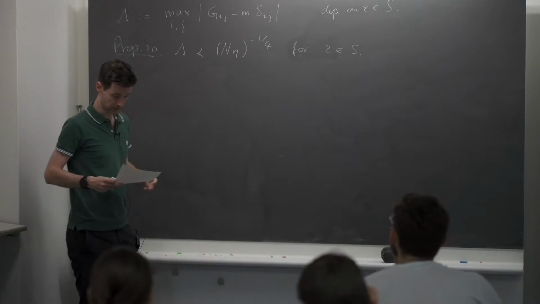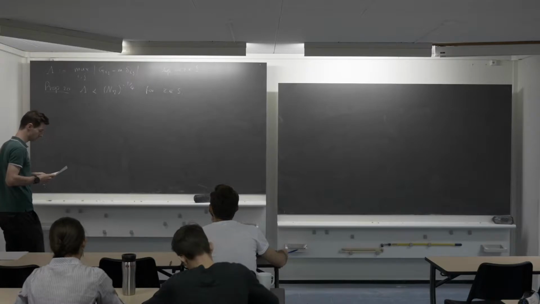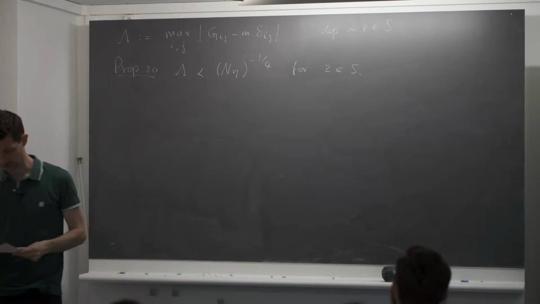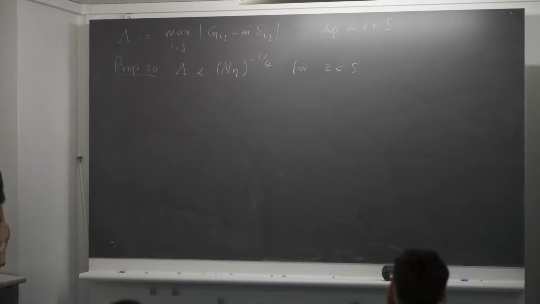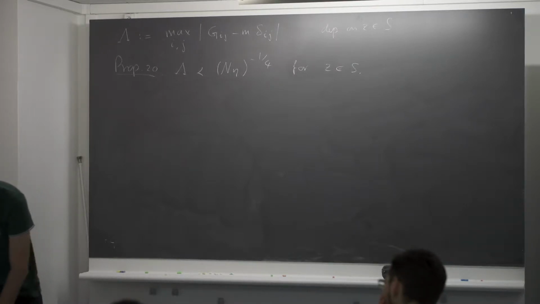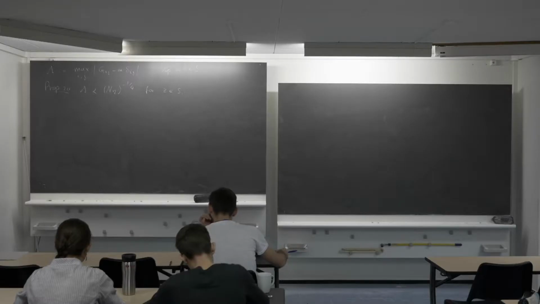This is one of the main results in this section. This is the so-called weak local law. It's weak because this error bound is not optimal, but nevertheless it's an important result in the proof of the full local law. So you started the proof last time with Johannes, and you did this lemma 23, I think it was. You concluded that one, right? You should correct me if I'm wrong. And that contains the main estimate.